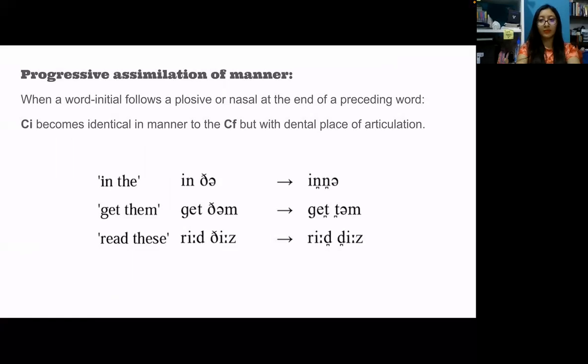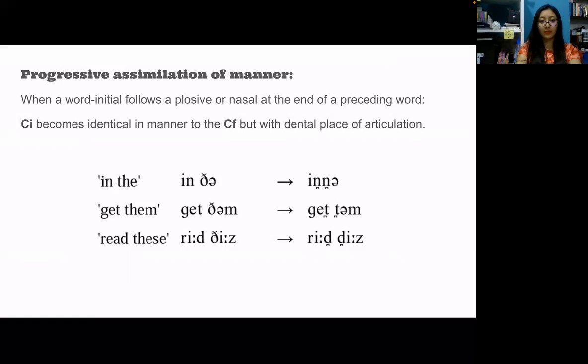So we can also see some cases of progressive assimilation of manner, when a word-initial consonant follows a plosive or a nasal at the end of a preceding word. Here, the initial consonant will become identical in manner to the final consonant, but with a dental place of articulation. It will be slightly changed. For example, the TH sound will become like an N in